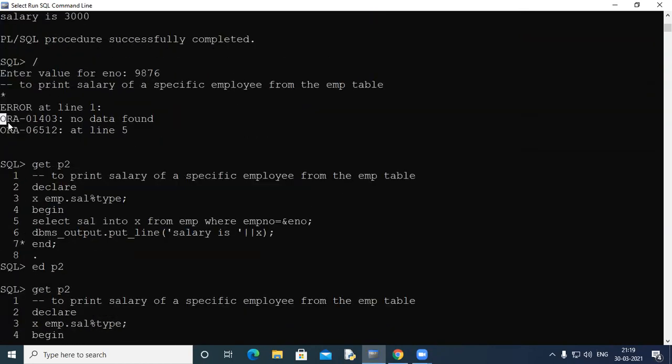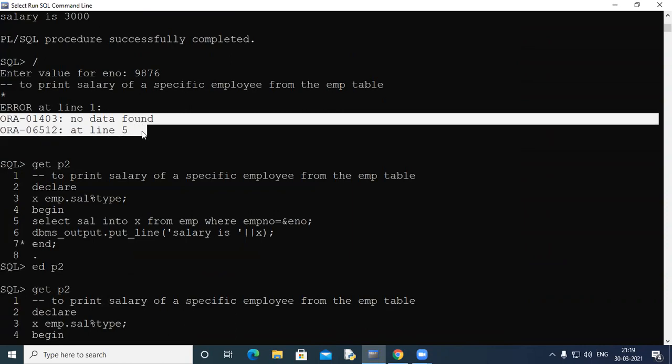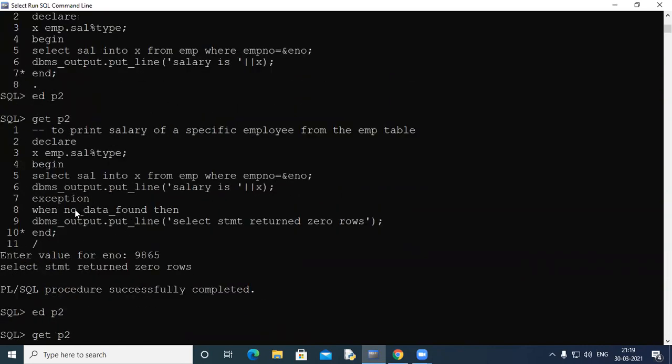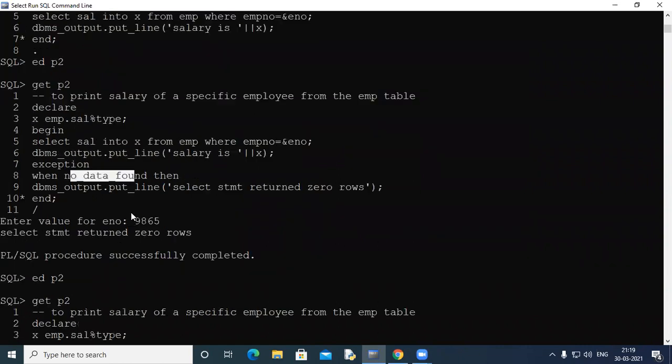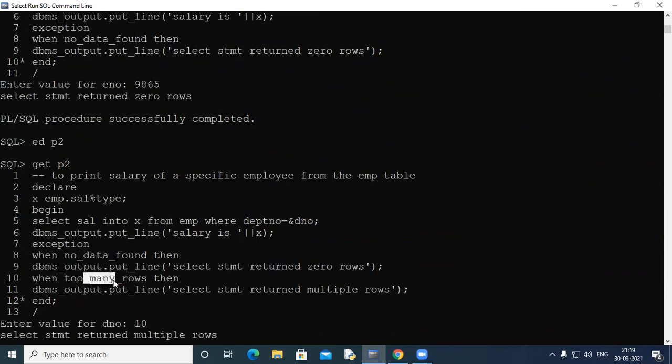This is the message that you get, with the exception detail and the exception number. And when you handle it on your own, like here you've written when no_data_found, or here when too_many_rows, it would look for a match for what sort of error has occurred, and display the appropriate message. So with exceptions, we can have meaningful information conveyed to the user.